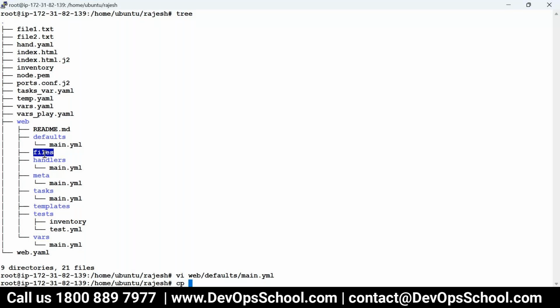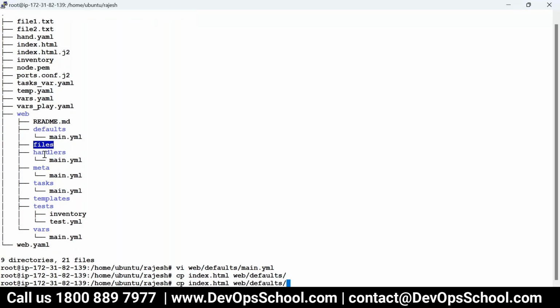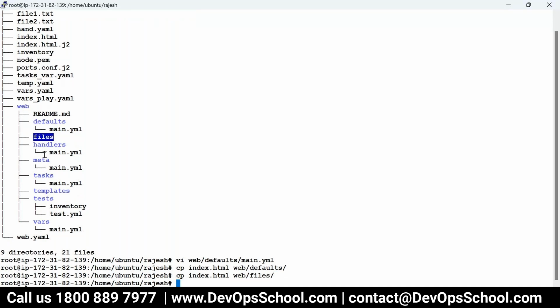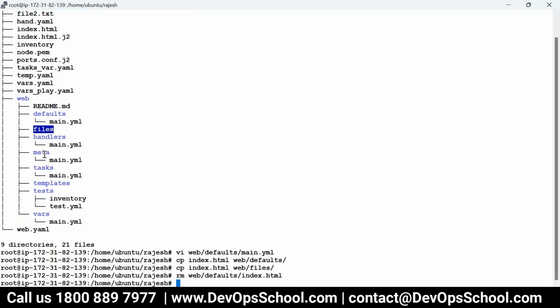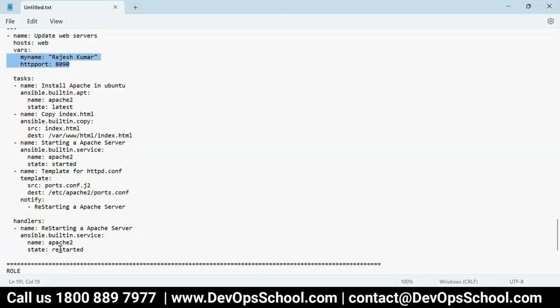Now next one which we have is files. So cp index.html, I'll put it in the web default. Web default files now. Sorry, web files, not default. Bad copy. Okay, so I need to delete that. rm web default index.html. Okay, and then after that handlers main.yaml. So vi web handlers main.yaml. So here it will go, this task,